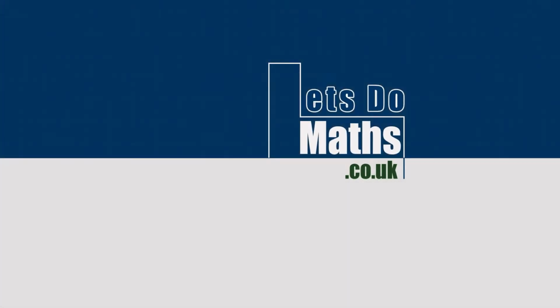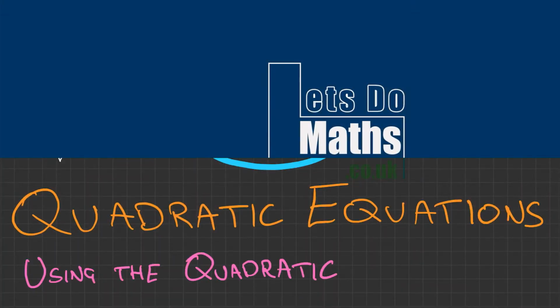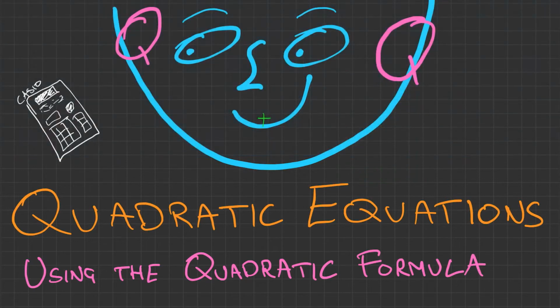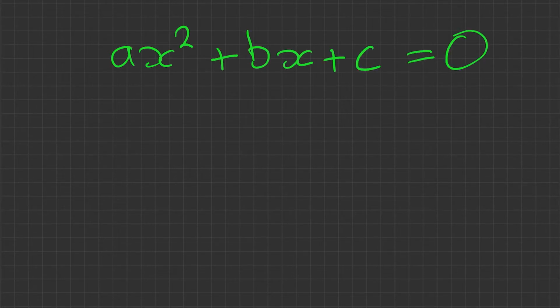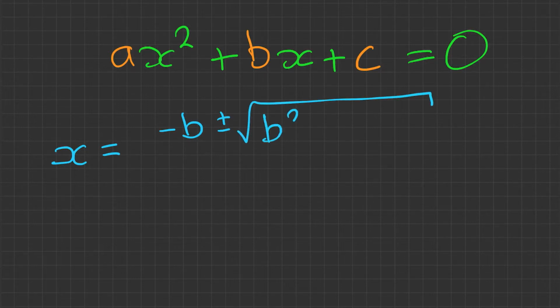Let's use the quadratic formula to solve quadratic equations. As you may know, quadratic equations are in the form ax squared plus bx plus c, and when we're solving it equals 0. And these three are the coefficients of the quadratic equations which we'll use inside the quadratic formula. The quadratic formula being x equals minus b plus or minus the square root of b squared minus 4ac all